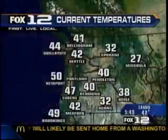Let's go right now to the temperatures that we have around the Northwest this morning. That's weather. Now let's go to Tony for traffic. Back out to the Sunset Highway heading